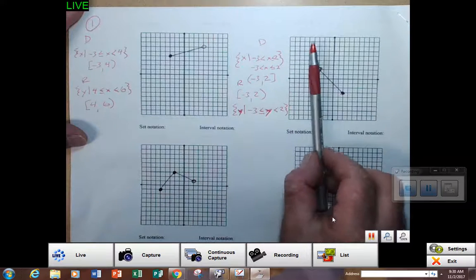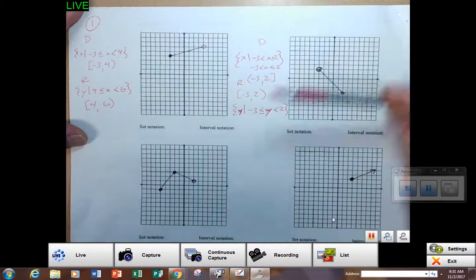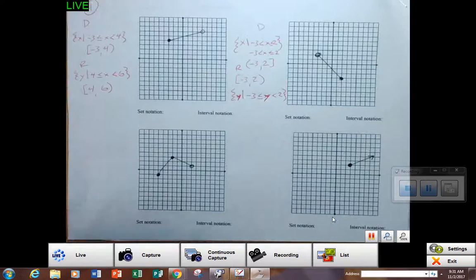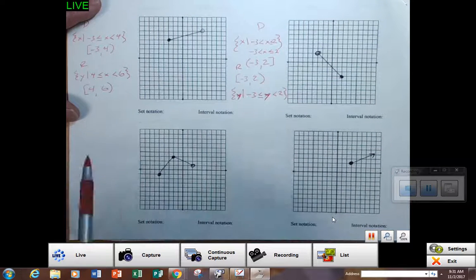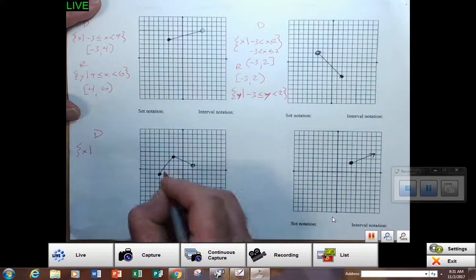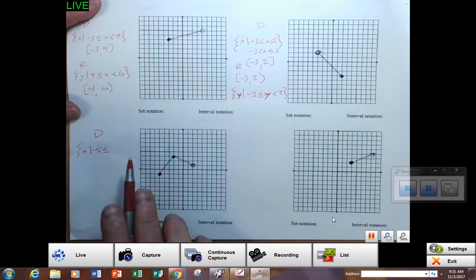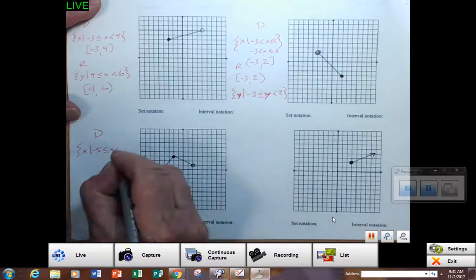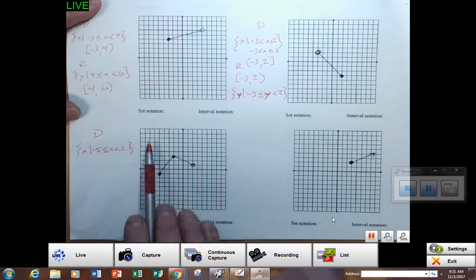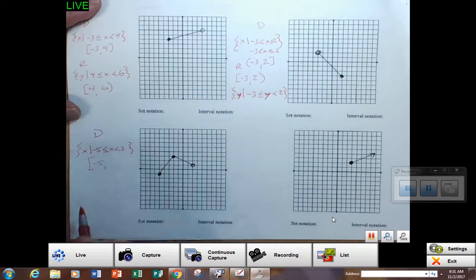So again, domain is measured from left to right on the x-axis. Range is measured from bottom to top on the y-axis. Alright, next one, here we go. And we'll start moving with this concept of infinity arrows. So my domain from left to right, x from -5, less than or equal to, all the way over here to less than 2 because of that open circle. From -5 to 2, closed circle to an open circle. That would be square bracket -5 to 2,